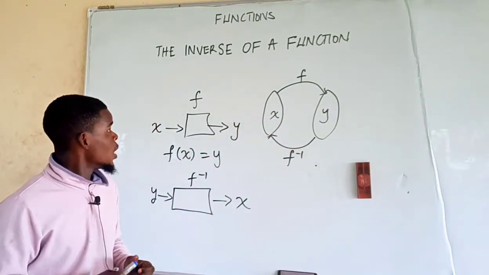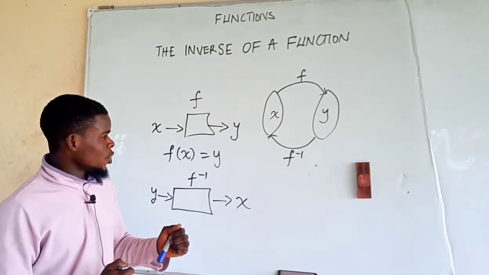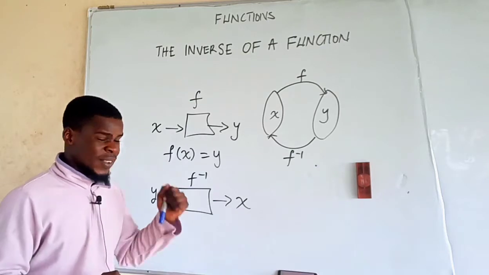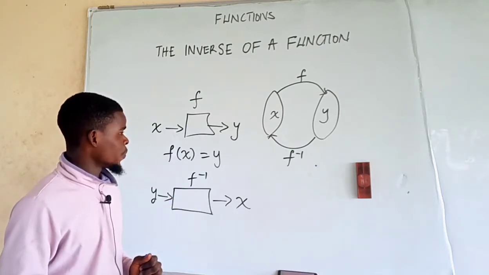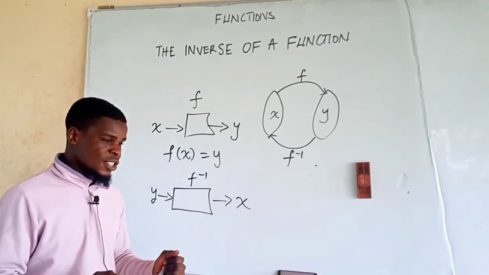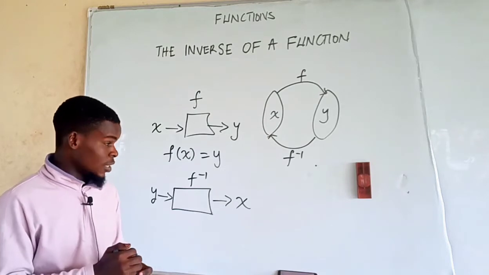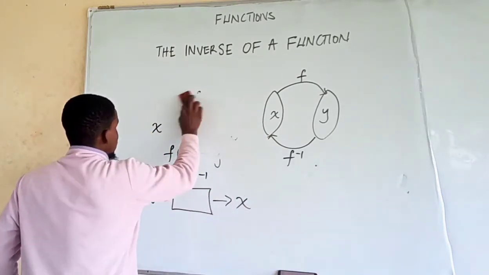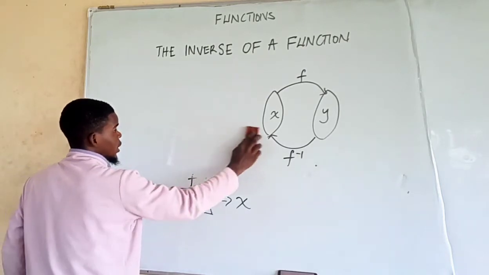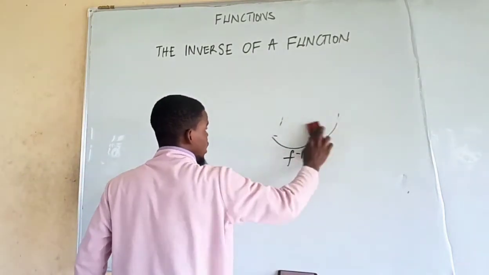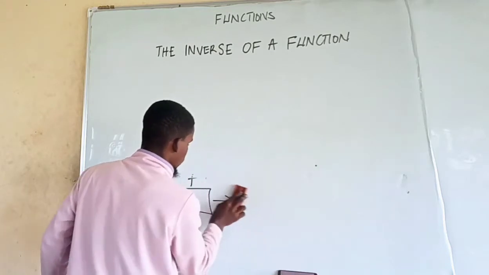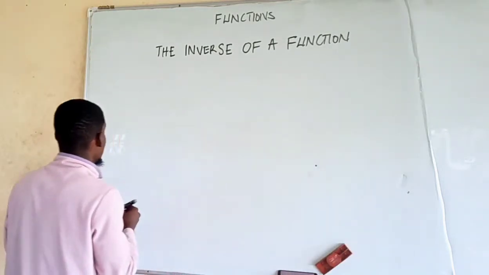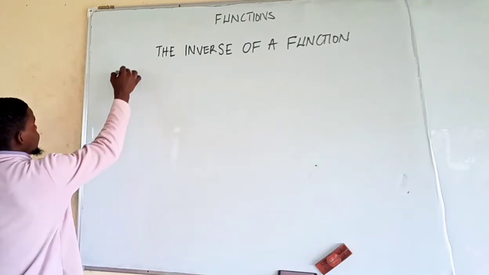Good. Now, for the inverse of a function, we will need the function to be a one-to-one function in order for the function to have a unique inverse. Great. Anyway, the explanation of that is going to be deeper into the study of functions. But for now, let me pause here and give you the definition of a function. Then, the definition of the inverse of a function, and then we'll look at how to find the inverse of functions. Good. So the definition,